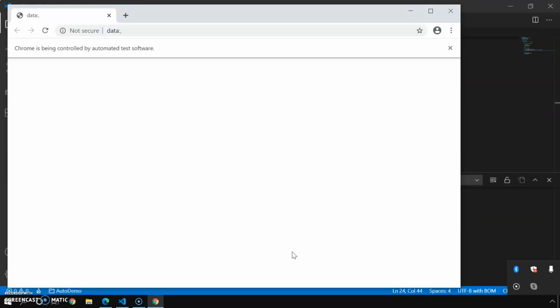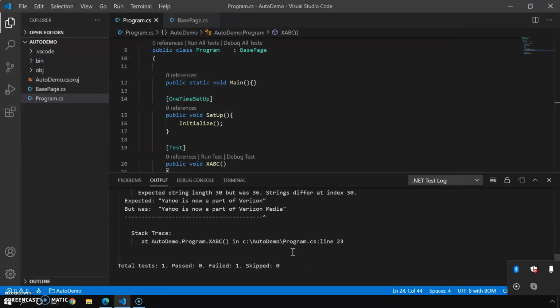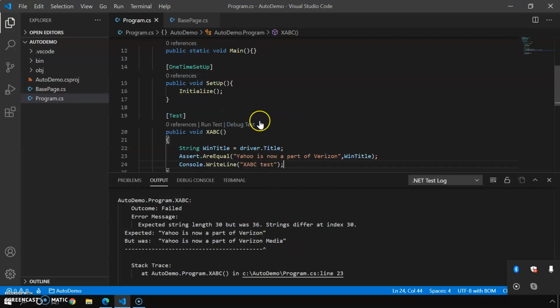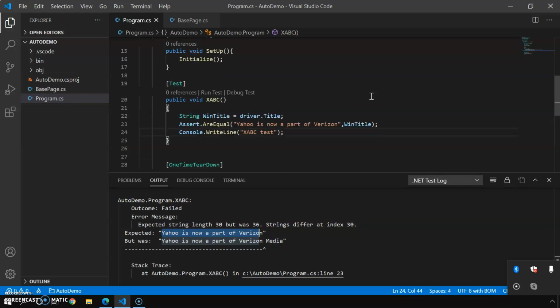There you go. So the test has opened the browser and yahoo.co.uk, and that's it. The test is done. The good news is the test has been executed, and you see the test has failed, saying that the titles don't match, which is expected, because I purposely failed it